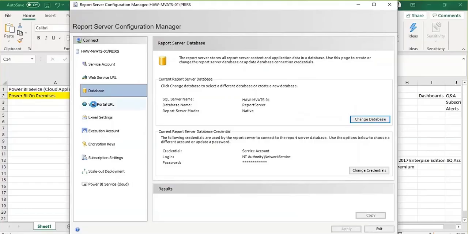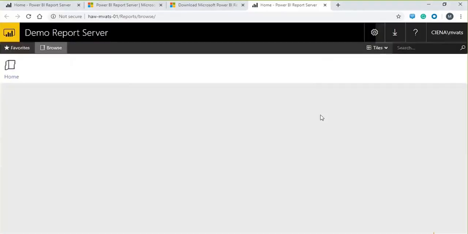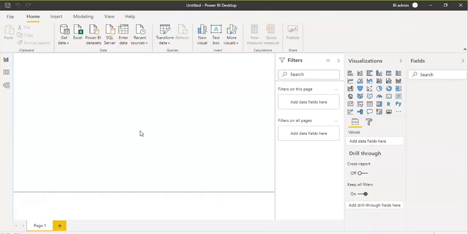The next thing is you have to go into the web portal. Here is the URL, right? As you are using the Power BI service, we can say it's an alternative to the Power BI service. If I click on it, it will open another web portal on my screen, which I can use to interact with the reports, to provide permissions, to control the data refreshes and everything. So if I open this one, all right, here you see this is the report server. Although there's nothing right now, you will see reports here once you deploy them. Let's say I deploy a report from the Power BI Desktop.